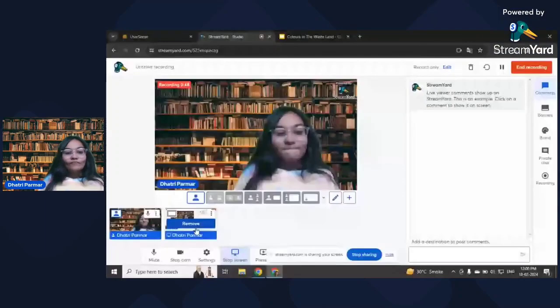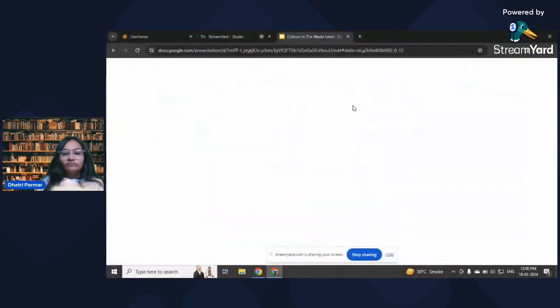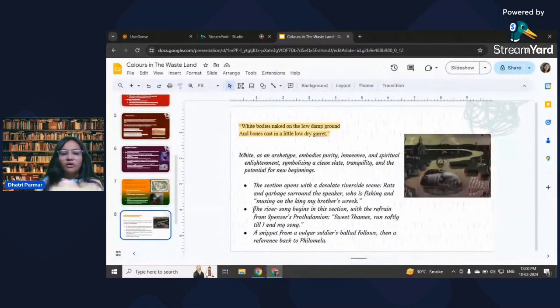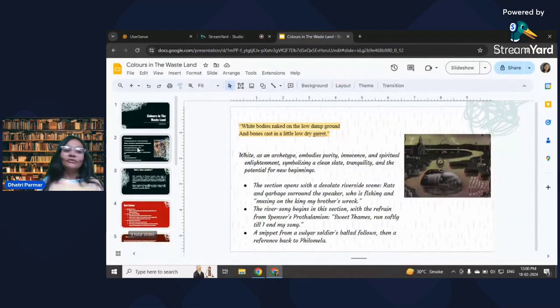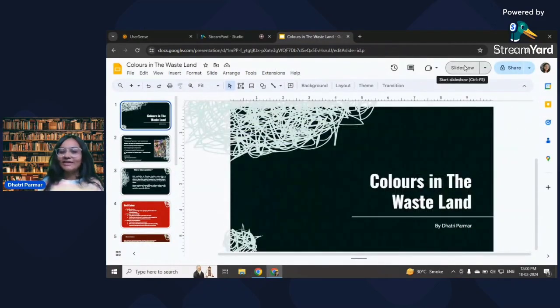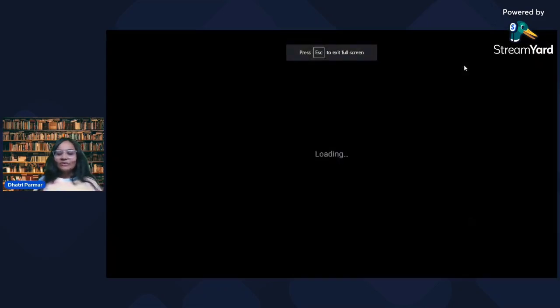Let me share my screen so that through the presentation we get the idea of how the colors are used in it. If you have an idea about The Waste Land, then it's okay, and if you don't, do not worry, I'm here. So let's see